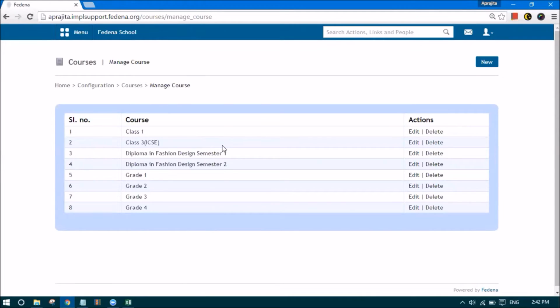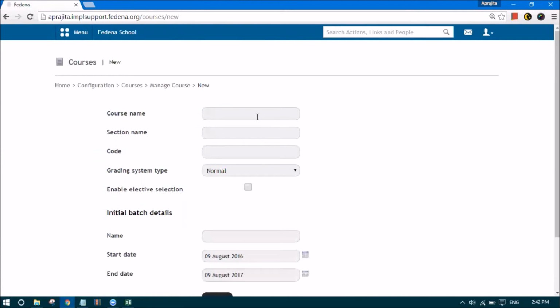For now, let us understand how we can create a course which follows CWA once we have enabled that from the general settings. I will give the name of the course. Let's say that it is grade 5, and I can give some code. The grading system type by default will be normal, and since we have enabled CWA, I can choose the same for this course.